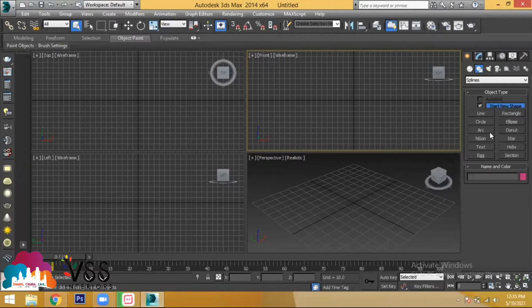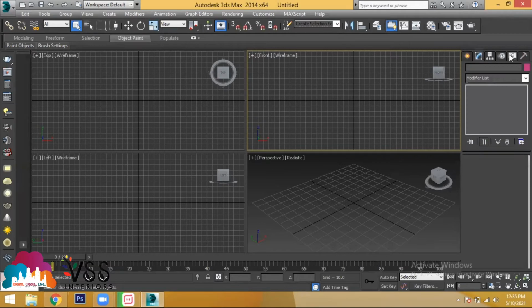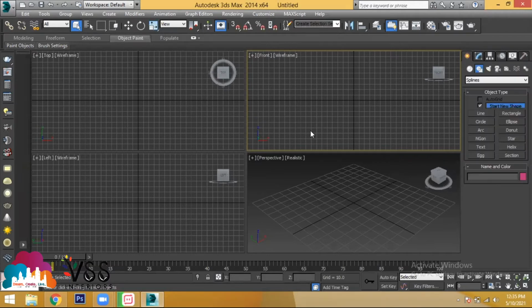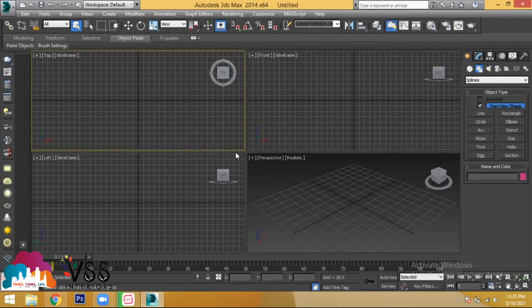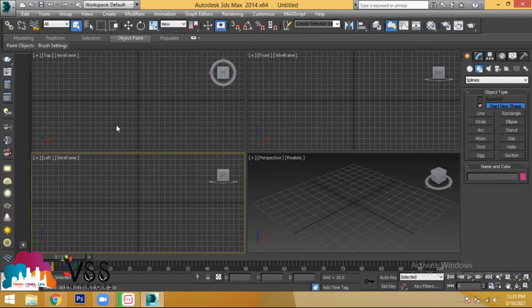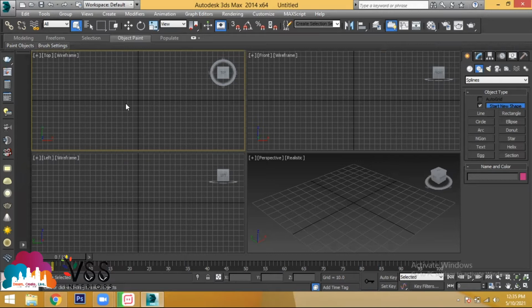And how to create an arc, and we have made some modifications by going to the option called modify. And what are the things you have for the modification? Let's say I'm going with the top view because these are 2D sketches. You can sketch from any 2D view: the top view, the front view, or the left view. And we have also discussed a tool called extrude. You know extrude, right? Extrude is a tool which is used to provide height for the sketched object or the 2D sketches.